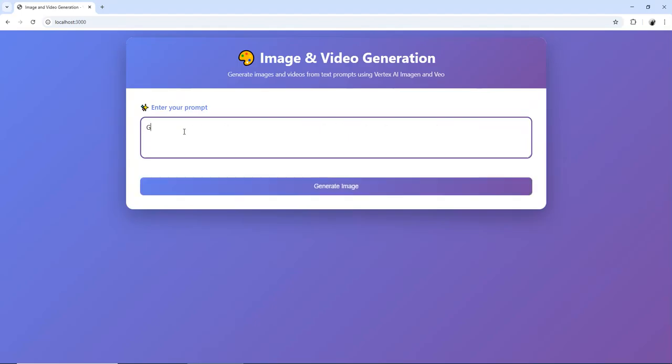Let's prompt: generate New York buildings and road.